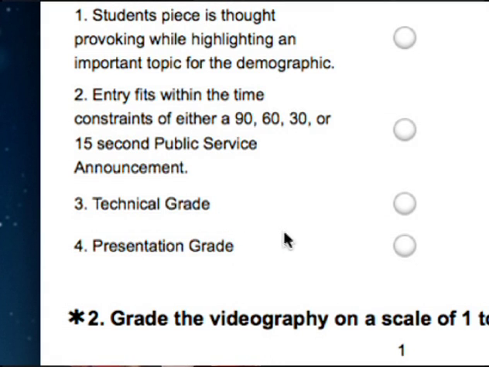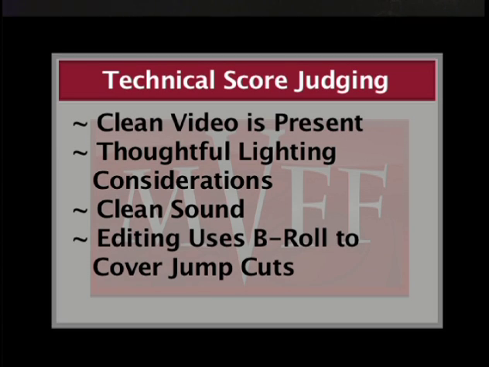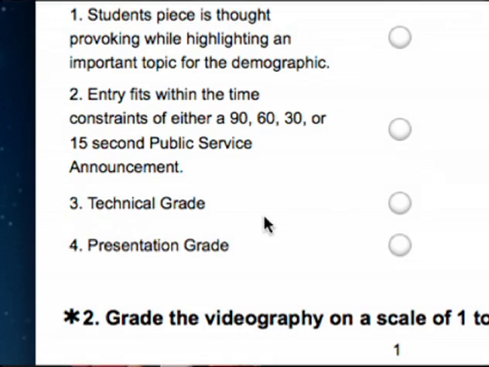For a high score in the technical aspects of production, the ideal piece will have clean video, show thoughts as to the placement of light or available light, have clean sound, and have good B-roll with no jump cuts. For instance, if you find yourself turning the audio up and down throughout the piece, then the student failed to make adjustments to the levels properly. If you can't make out visually what's on the screen, then perhaps the student should have made adjustments to the lighting. Of course, if you feel that the broken rule was done so for artistic reasons, then you have the privilege to judge it accordingly.